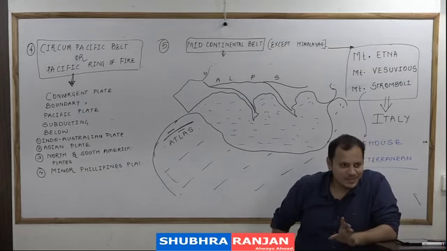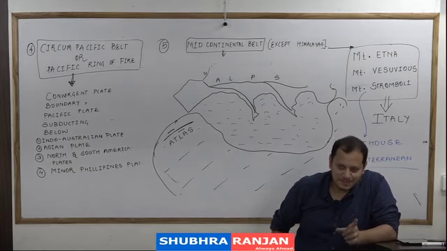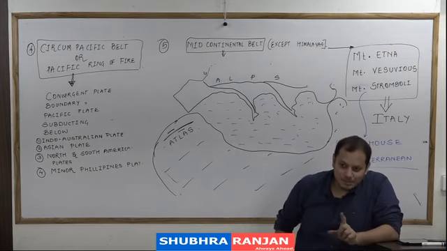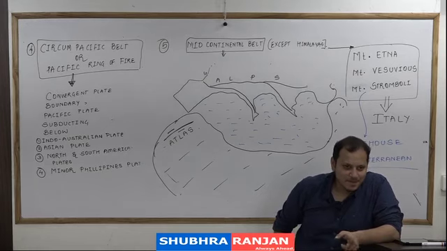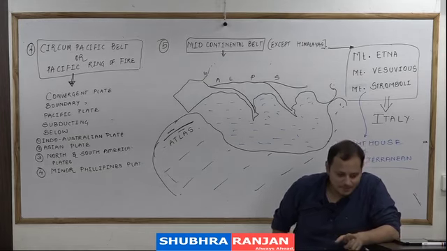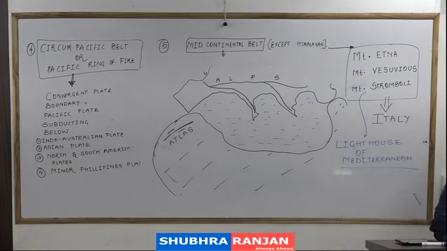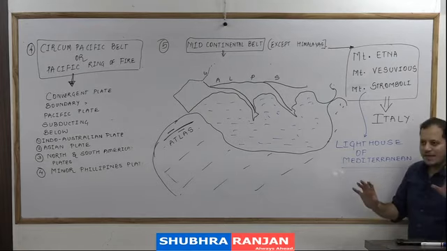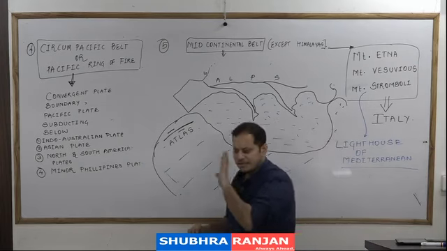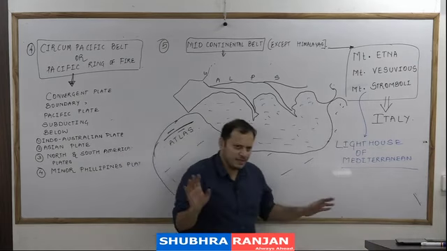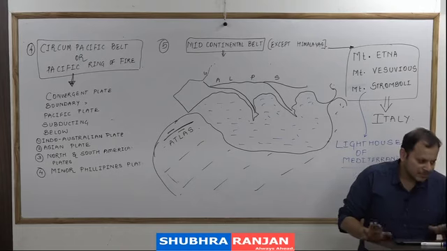There are some students who don't like making the atlas dirty, but I advise them to mark on the atlas itself. It will be very helpful in the last moment of revision. Everything will be on the same place. Otherwise, what will you do by keeping it nice? Do you have to sell it to someone again? Then mark there on the atlas itself. Then there is Mount Stromboli, you won't find it, but it is located near Mount Etna. Just remember that Mount Stromboli is in Italy. You won't find it in this, near Etna.